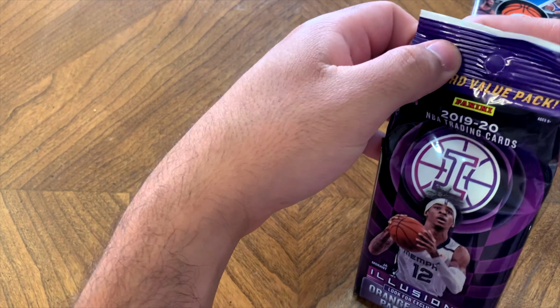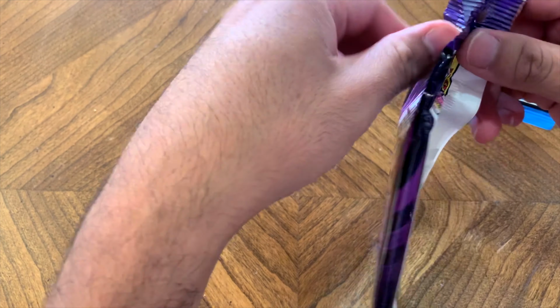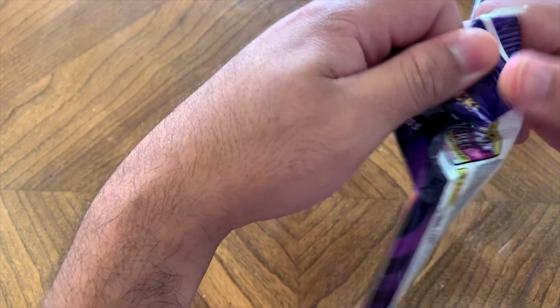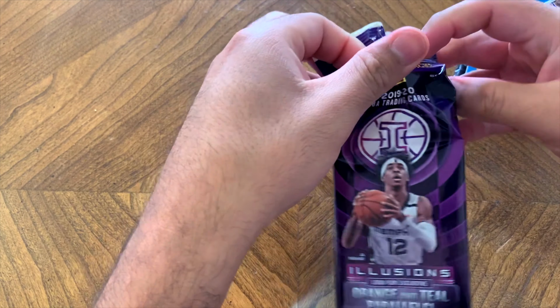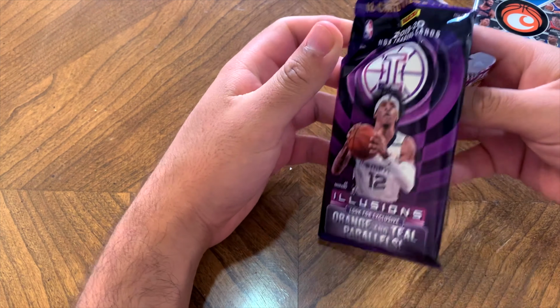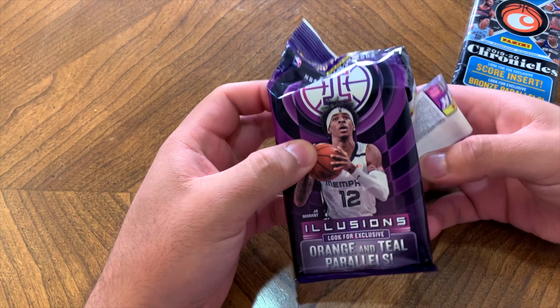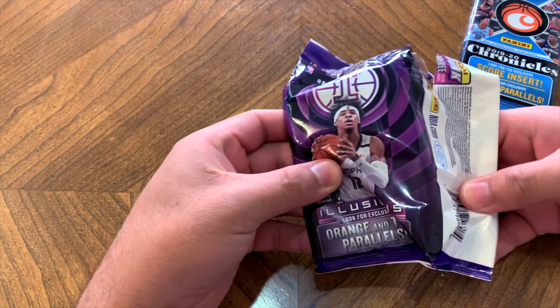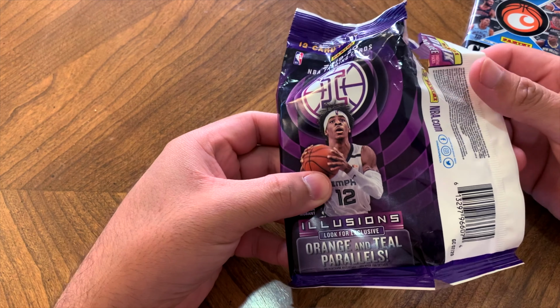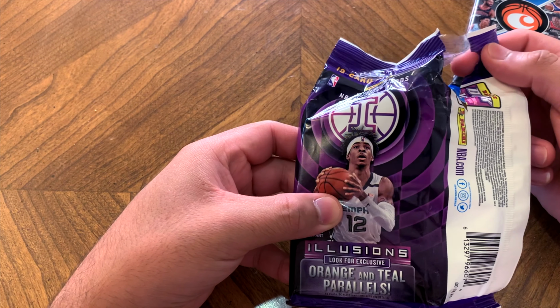This is actually the first Illusions that I ripped this year. What's crazy is that Illusions is not a very hot commodity and not a very hot set of cards within the Panini brand. Usually, for example, the NFL Illusions from last year stayed on the shelves forever. And